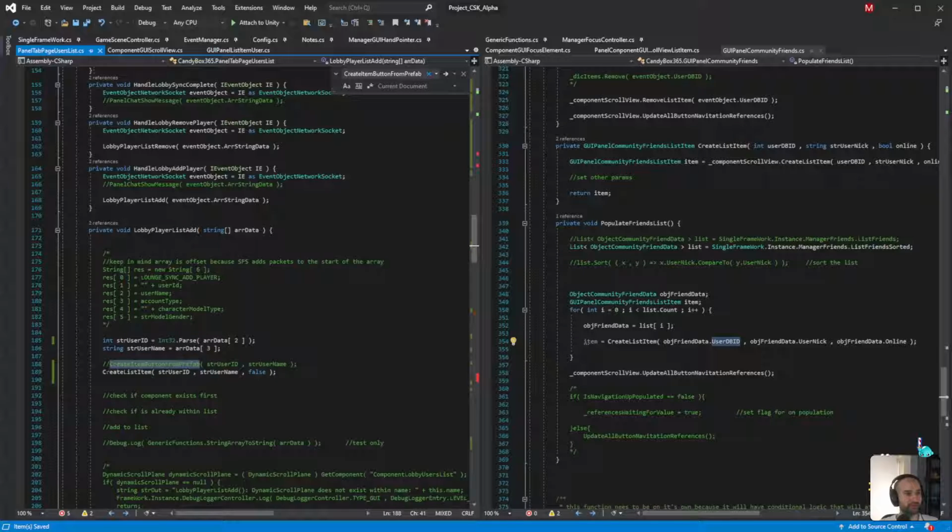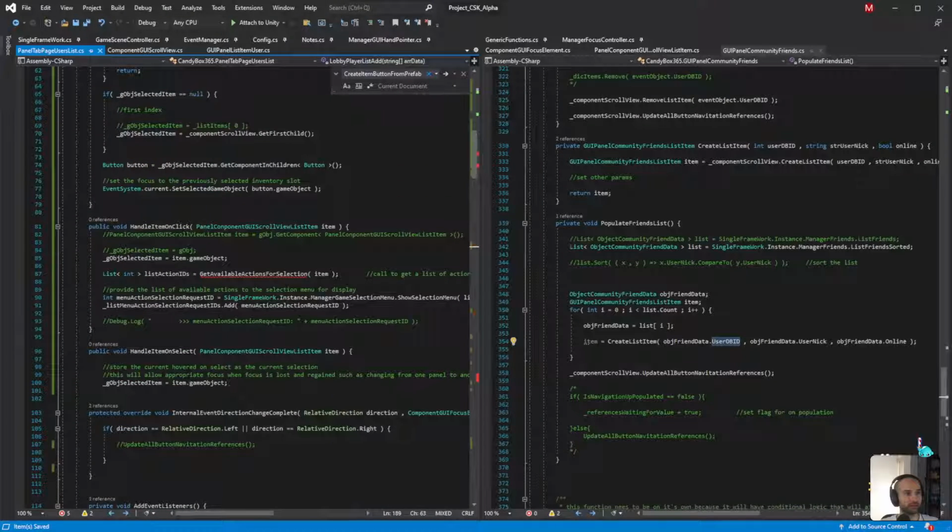So we no longer have that function. We're going to be using this instead. That means this we need to add. That's fine. What's going on here? Scroll view list item. Handle item on select equals that. I'm not sure what this is telling me here.